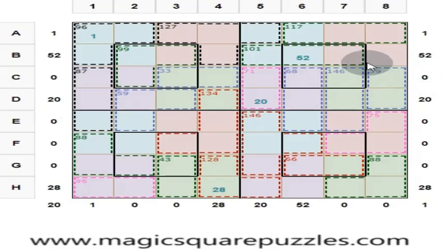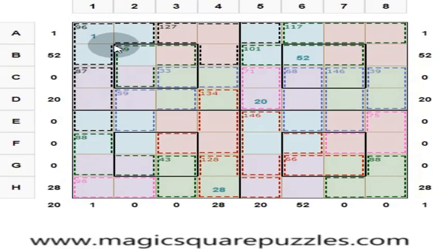Friends, we will now solve this magic square puzzle. So, what is this magic square puzzle? This is an 8 by 8 magic square. It contains 8 rows, 8 columns and 2 diagonals, and it has 8 into 8, 64 cells. Each cell contains one number, and 8 into 8 is equal to 64. Therefore, this 8 by 8 magic square consists of numbers from 1 to 64.